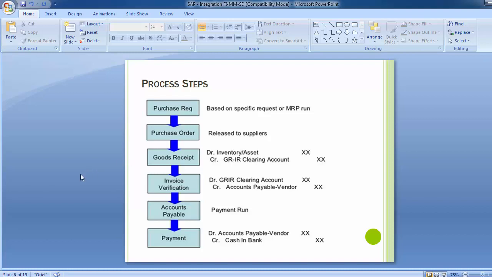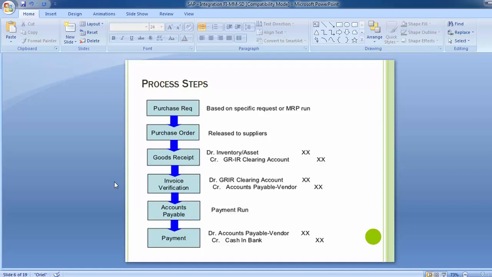So if you are purchasing any kind of raw material or goods, the inventory account is debited. But in case you are purchasing assets, assets referring to fixed assets, in that case the asset account is debited in the SAP system, and the GRIR clearing account gets credited.